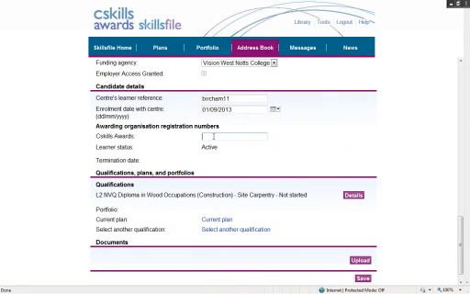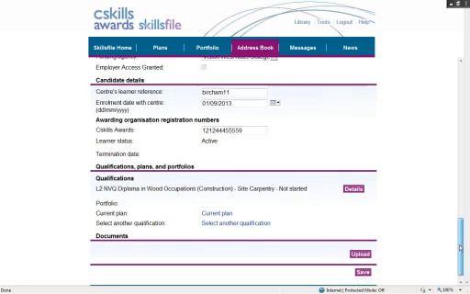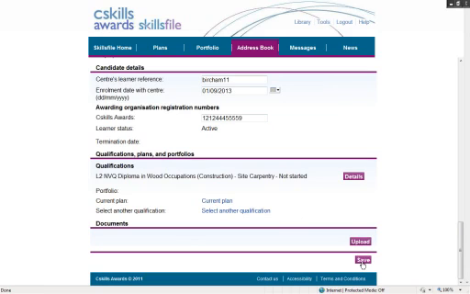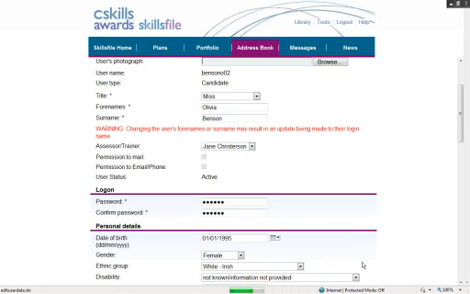Now this option wasn't there earlier, as they can't be registered. They need to be registered for the qualification, but this can't be done until after they've agreed to do the qualification. So this box isn't visible until after the qualification has been picked and the learner has clicked that mark complete box. We put in their registration number from Awards Online, click Save,